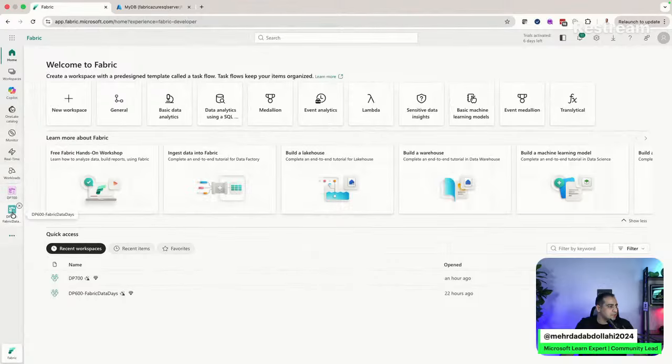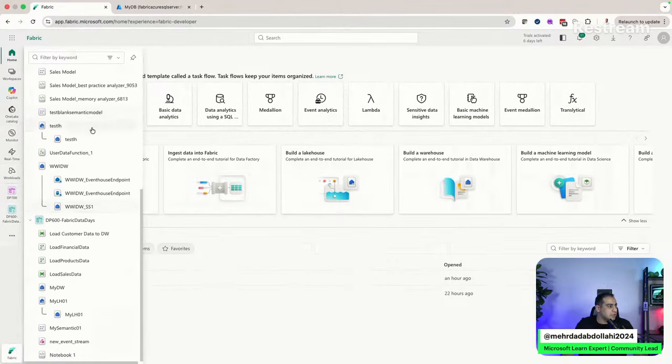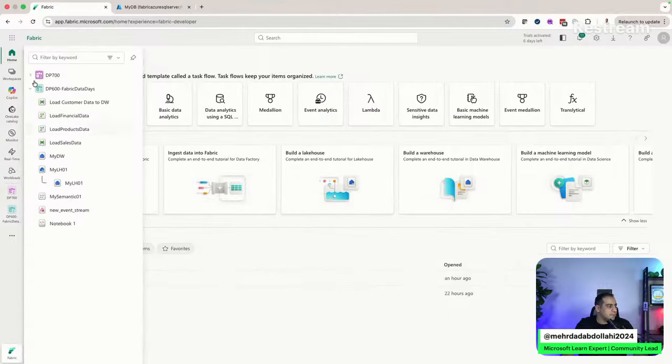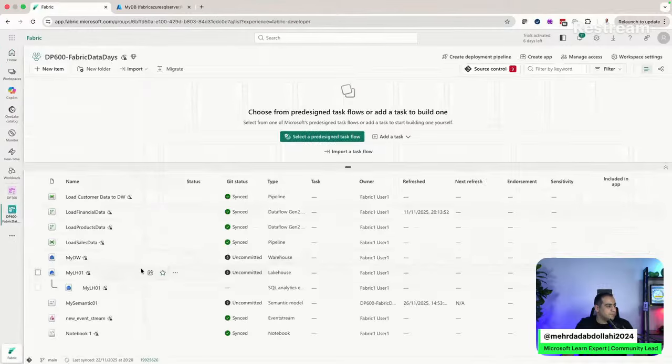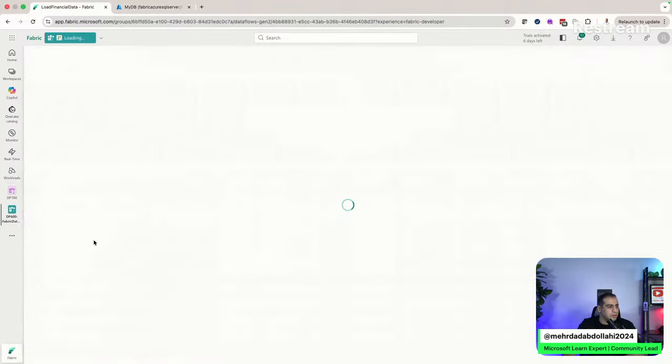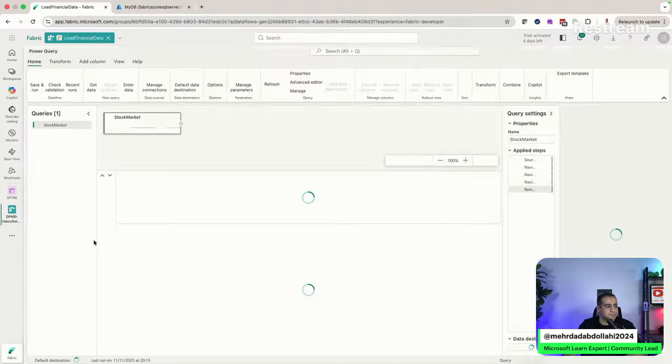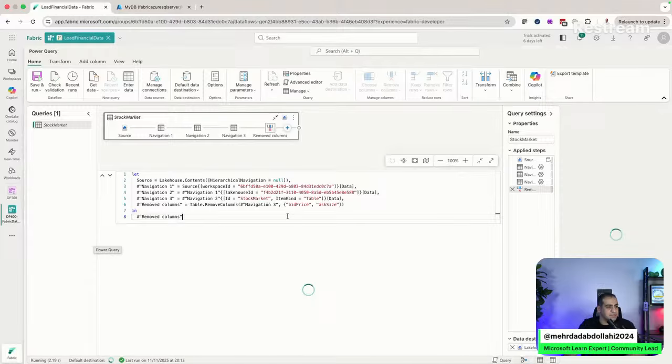And let's go to our DP-600 workspace. Do we have any here? Yeah. So we've got one here, for example, for load financial data, using a Dataflow Gen2. I'm gonna just open the existing one that we have created in the previous session,